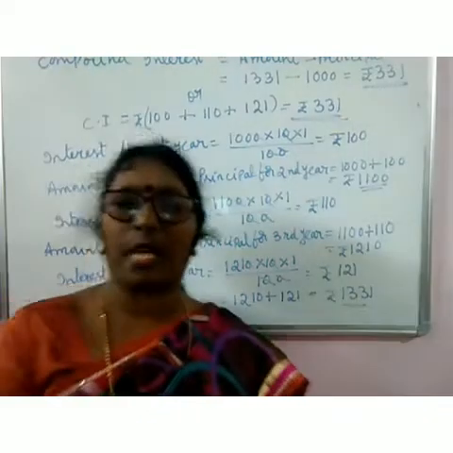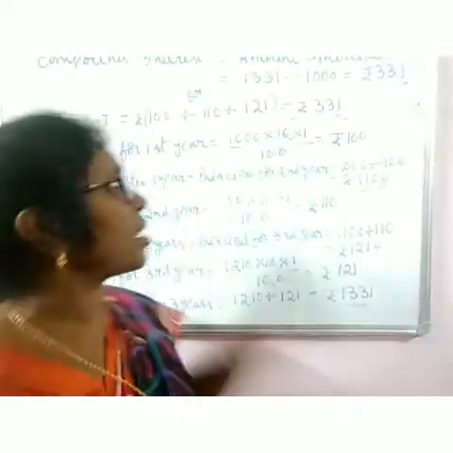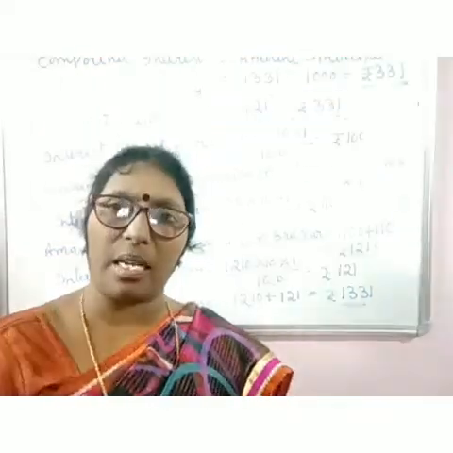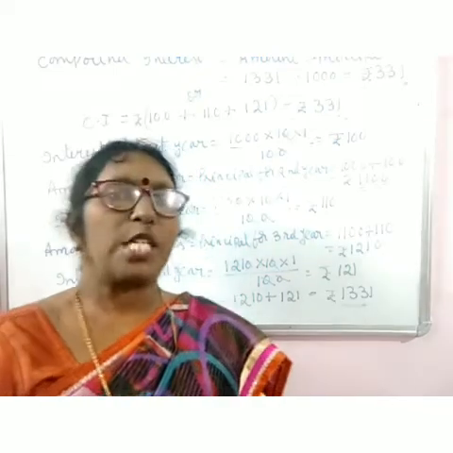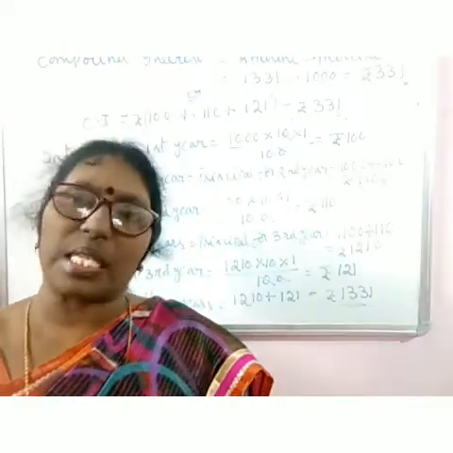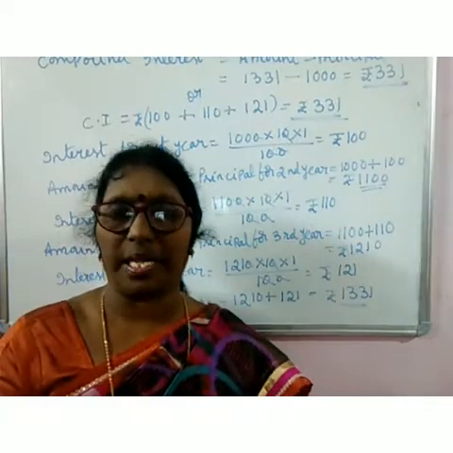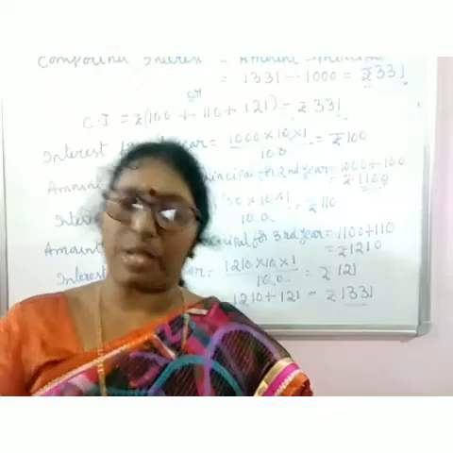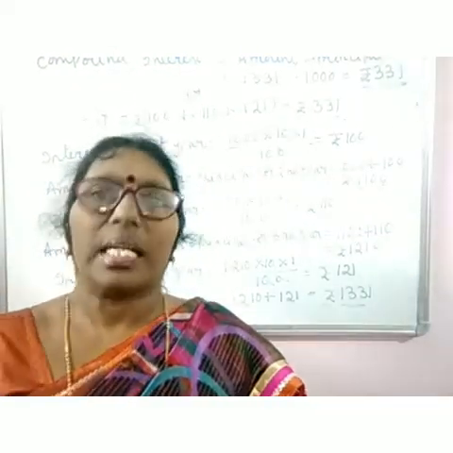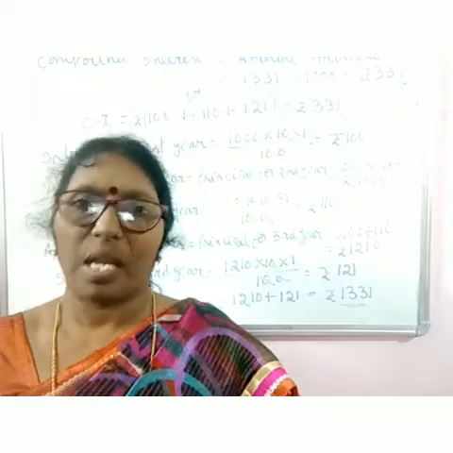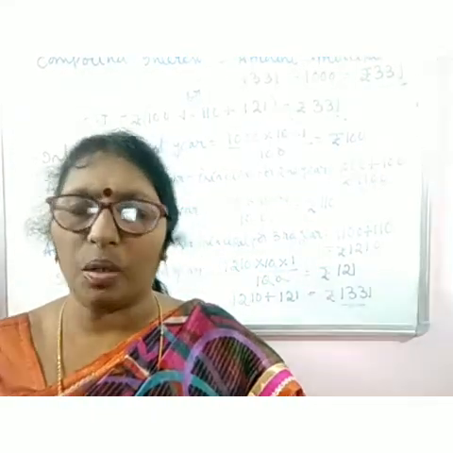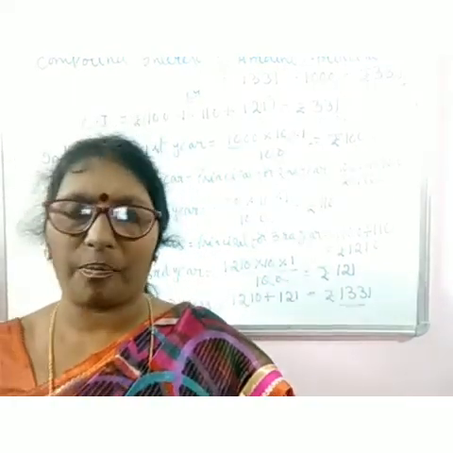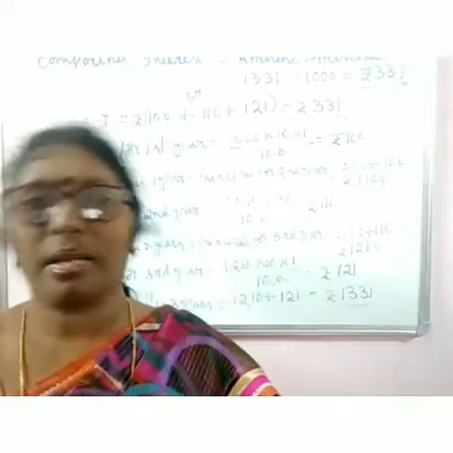If the interest is calculated half yearly, that means you have to find the interest for every half year. If the time is 1 year, 1 year has got 2 half years. So interest for the first half year, interest for the second half year, like that you have to calculate. And one more important thing you have to remember, if for the half year you take as 1, then rate also should be per half year. Otherwise if you write half year as 1/2 year, that means rate can be in a year. Okay, so there you have to be careful.